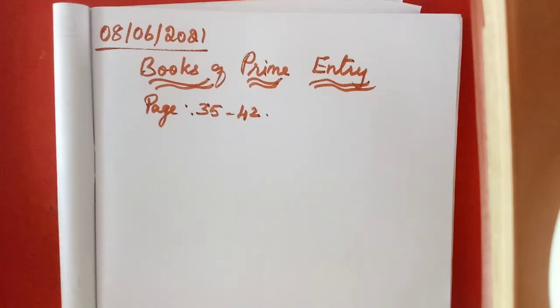Then we have learned about the pay-in slip. In the bank, when we go to deposit money, we have to fill up a form in two parts, both together. The counterfoil will be given back to us, and the original copy will be kept by the bank for its reference. Then the check.